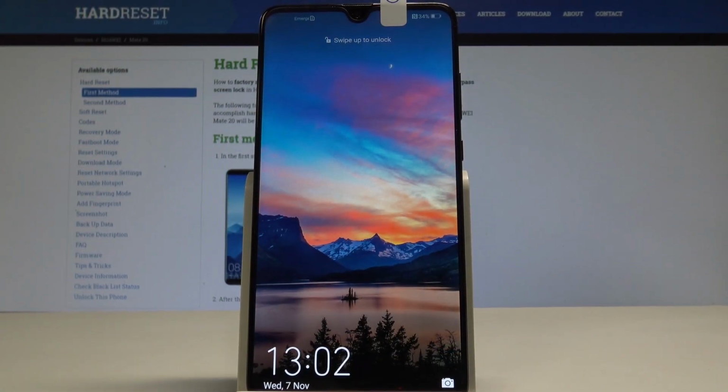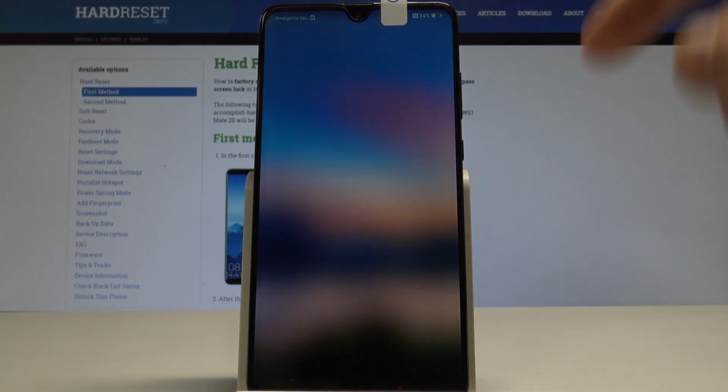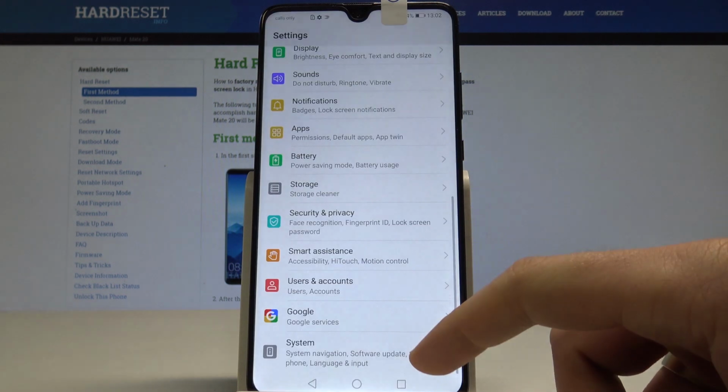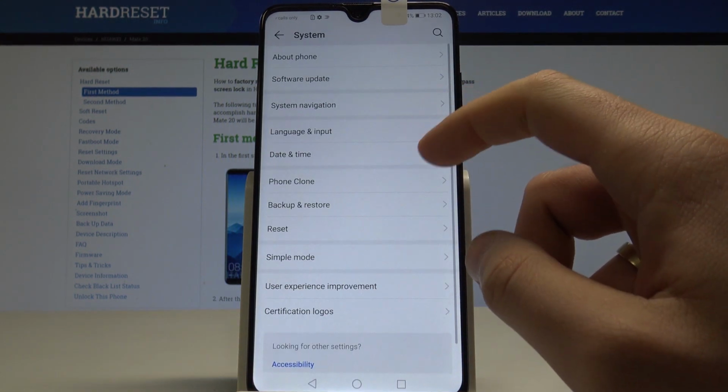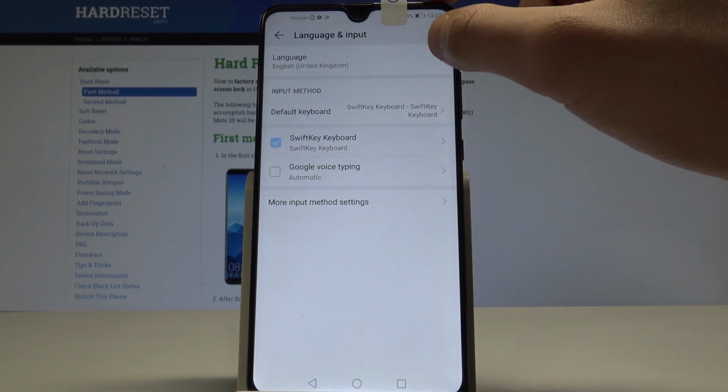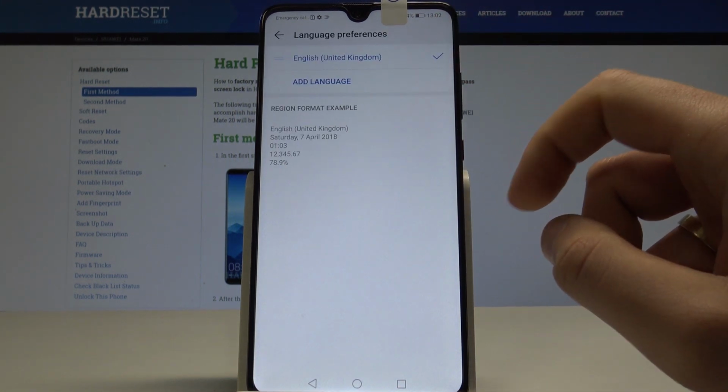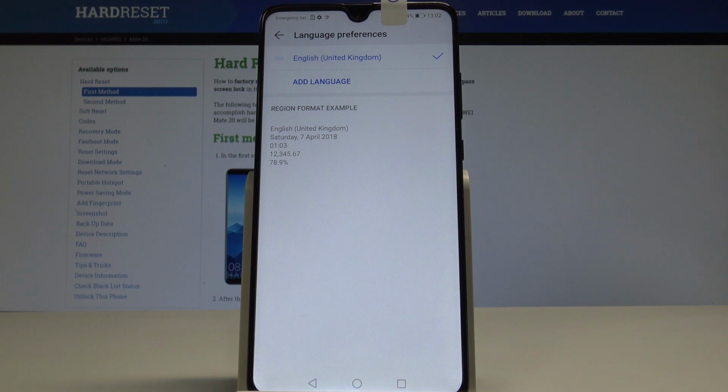Huawei Mate 20, and let me show you how to change language on the following device. So at the very beginning, let's unlock the screen, find and select the settings. Here we need to choose the system, select language and input, and select here language from the top of the screen. So right now I'm using the English from United Kingdom, but if you would like to change the language,